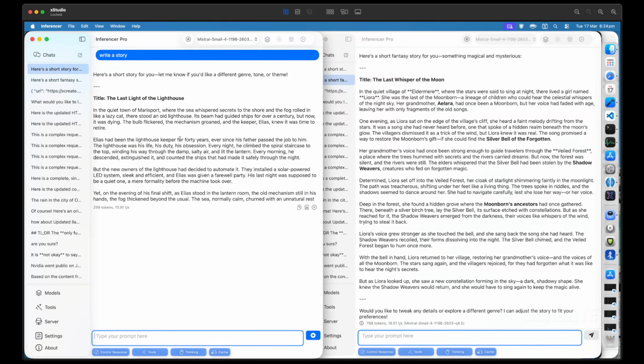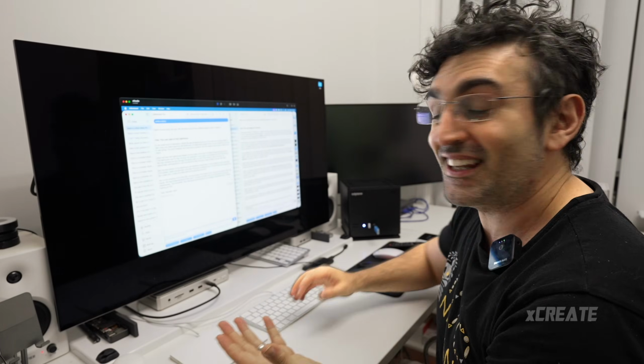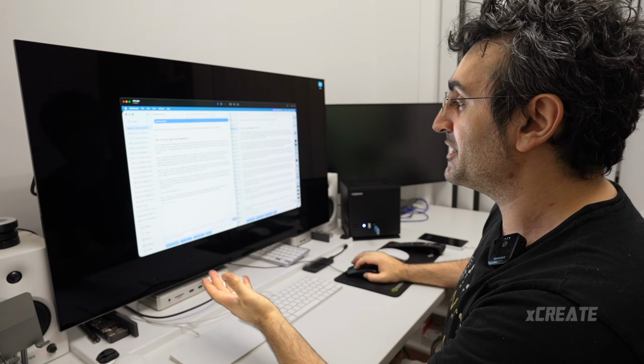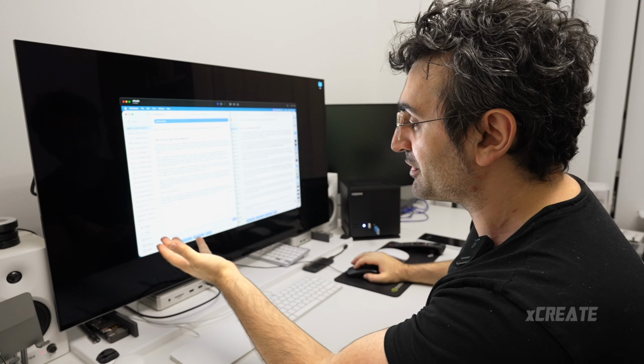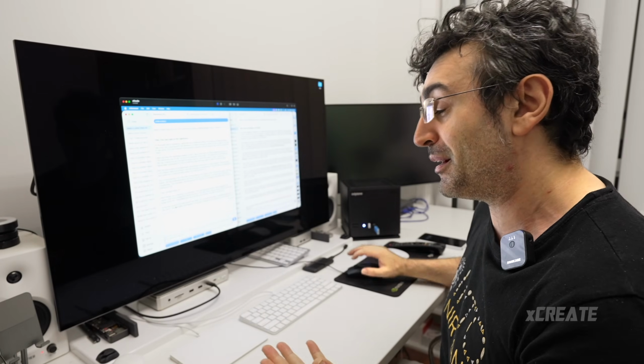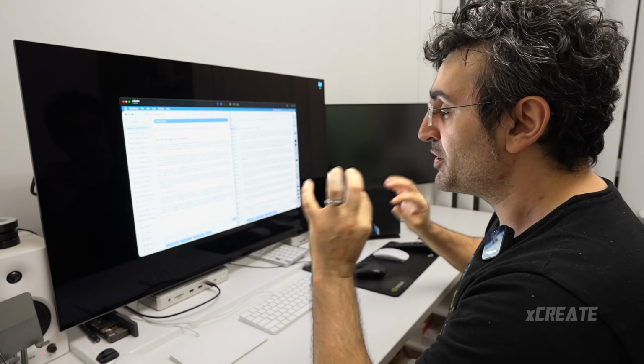He's the lighthouse keeper for 40 years. I've seen Elias doing left, right, and center things on pretty much all the models. And as you can see, it is printing out some stuff. Of course, it's not the fastest right now. It will get faster, trust me, there's a lot of optimization we can do. It's only a 6 billion active parameter model. I'm just doing a lot of debugging to get it to 100%.